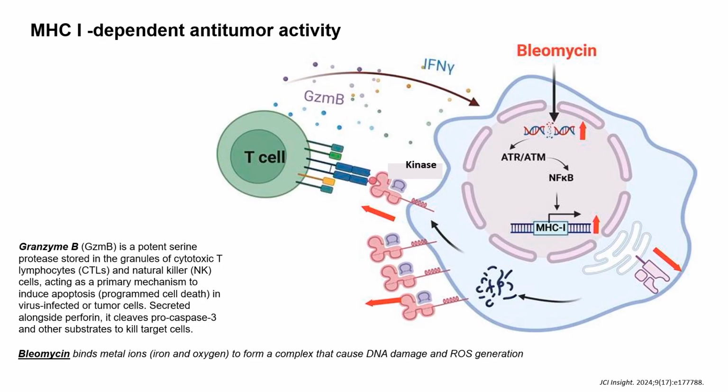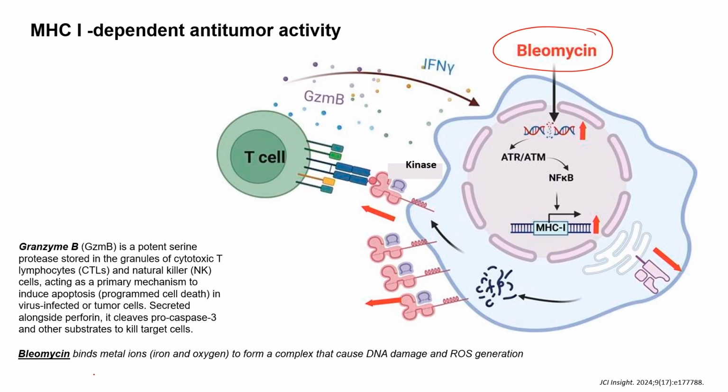So this is just a pictorial representation of a research done for MHC1 dependent anti-tumor activity. So what we understood, that there is a phenomena where a non-self peptide or non-self protein can be expressed by MHC1, and the cytotoxic T cell can identify this and destroy it selectively. Now there is a process where you can use anti-tumor agent, and anti-tumor agent also acts through the MHC1 pathway. So there is a drug called bleomycin, and bleomycin is a very well-known anti-cancer drug, and what it